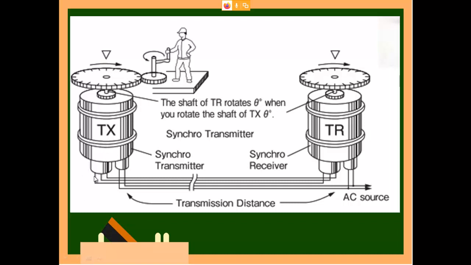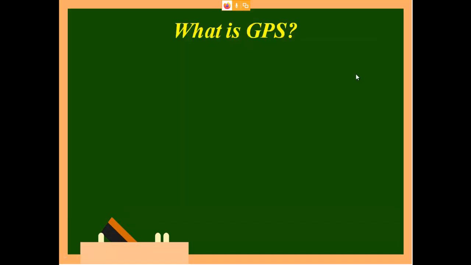That EMF they bring out and try to amplify it. This amplified signal is then transmitted. Again you take it in. So what happens is, here it is generator action, here it is motor action. You will have stator winding and you have rotor. The rotor will get excited, so it will try to move based upon the flux which has been generated. So the amount of rotation here will be the same here. So this is synchronous. Now let us move on to the next topic, which is called GPS.